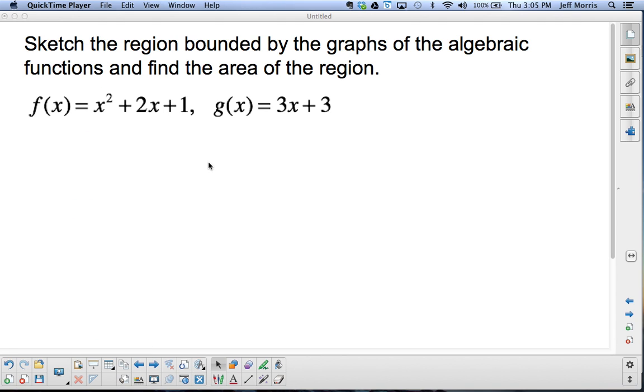Brady, are you outside? Okay, we're going to sketch the region bounded by the graphs of the algebraic functions and